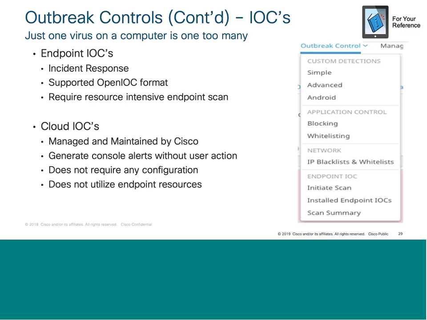Now, these IOCs will generate alerts. You'll see them come in as events. They'll show up on your dashboard, and you will have the option to take action on them, or if you know what's flagging it, you can ignore it. They do not require any configuration from the user, and they do not consume any endpoint resources. These function by taking the endpoint telemetry that we gather as a part of normal operations and running IOC scans